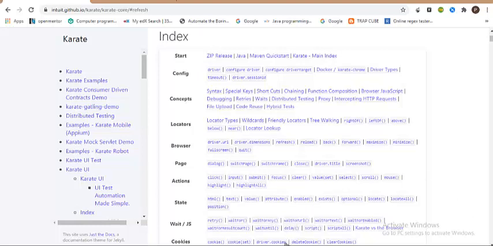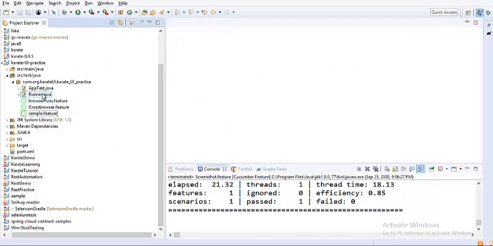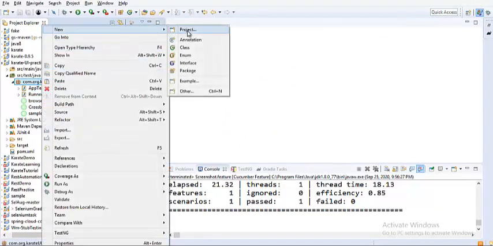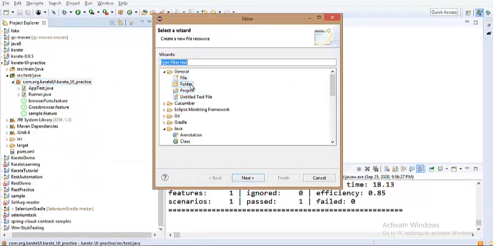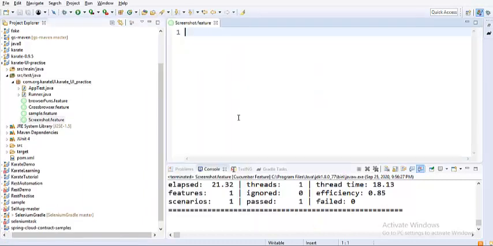Let's quickly get into the Eclipse IDE and start creating a script. So just for the sake of practice, in the same package, let me create another feature file, and let me pick this as a file type because feature is not a standard type. I would take screenshot dot feature as my feature name. So let's get started with our BDD definition. So feature, just to demonstrate